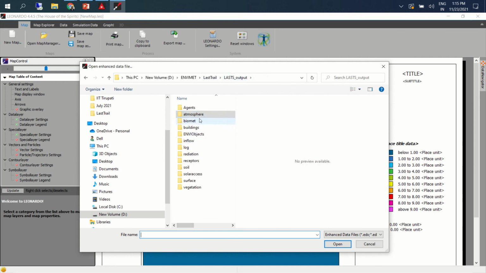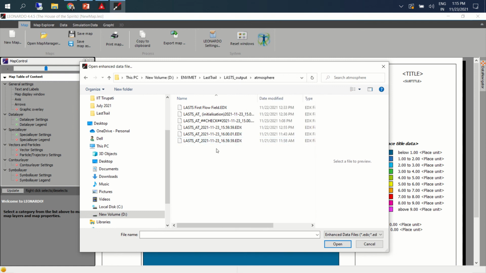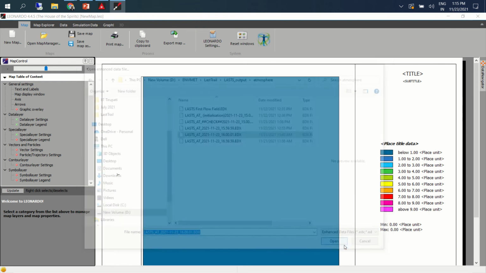One of the outputs that we'll be using is atmosphere, and within that you can see certain results that are generated. I think there are 2 hours of data, 15:59 to 16:59. Let me click on this, open.